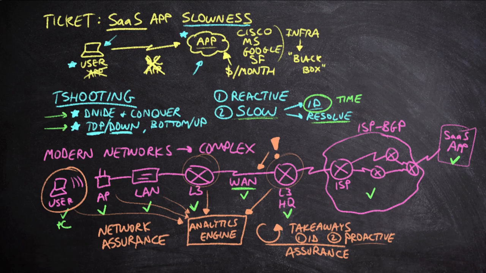So here's the downside to this whole model. Notice the arrows I drew. We have arrows coming from the user PC and the access point, the LAN, the layer 3 network, the WAN. All of these components are feeding this analytics engine. Notice what's not feeding the analytics engine. I don't have the ability to export information from all of these ISP routers. I don't know what's happening from a BGP perspective, and I certainly don't know what's happening inside of the SaaS application. So what if the problem actually exists over here?